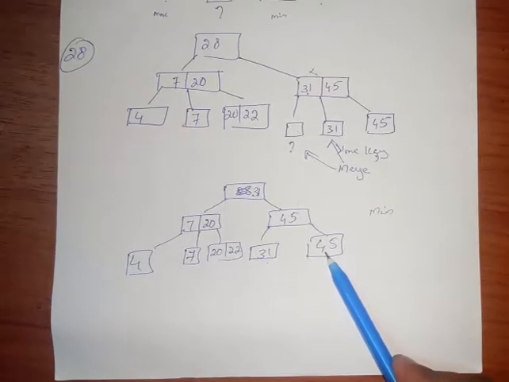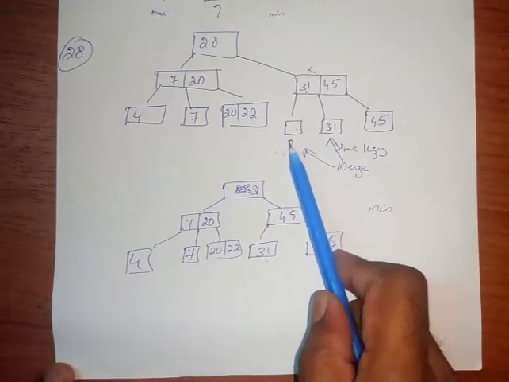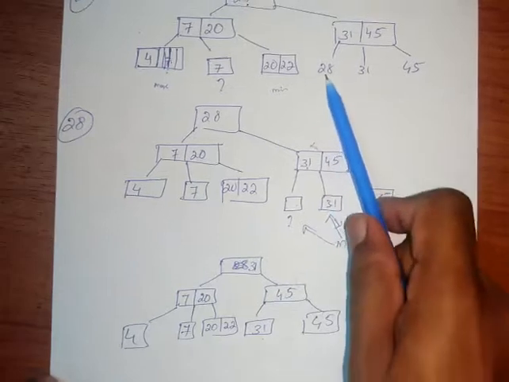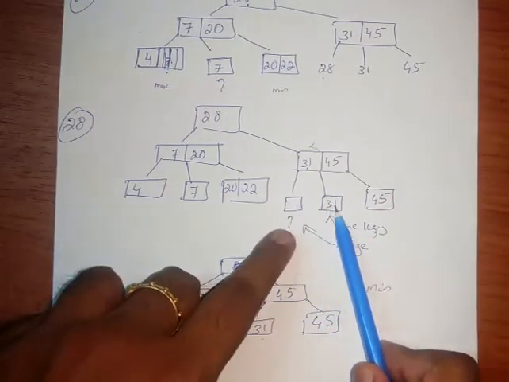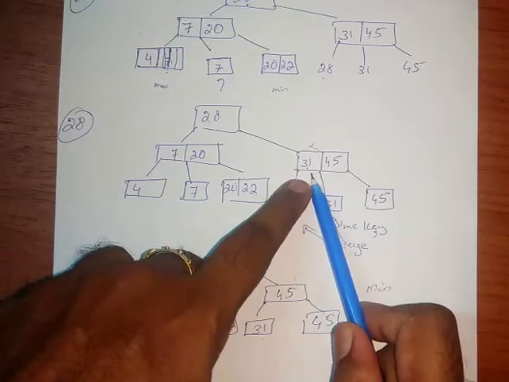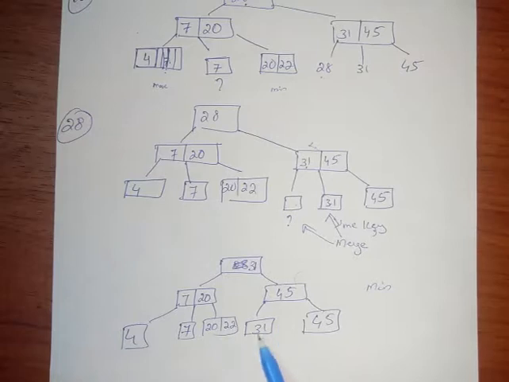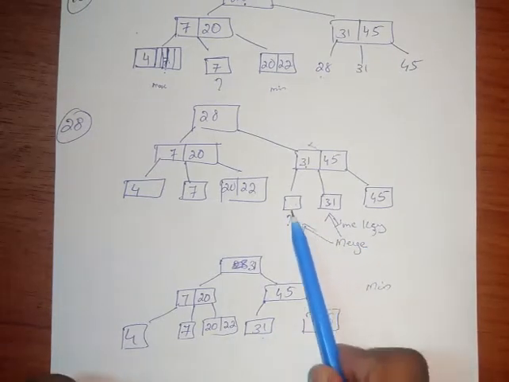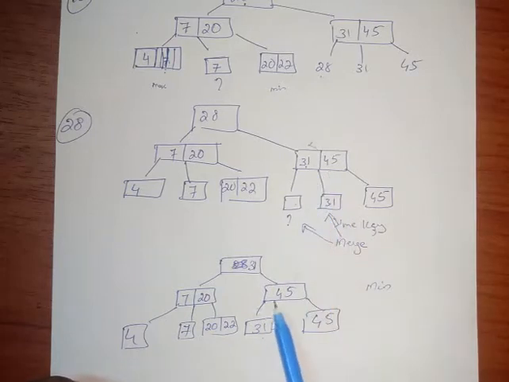Before that, we need to look at the previous deletion, in which we deleted 28. When we deleted the element 28, what we did was merge it with the sibling and the parent node, and form it as the left node of 45. So we connected these two with the parent. Here the parent and right child are the same, and we connected to 45. The same process we are going to do here.